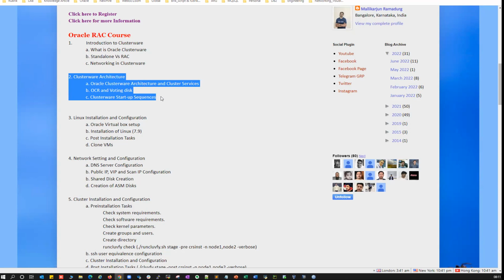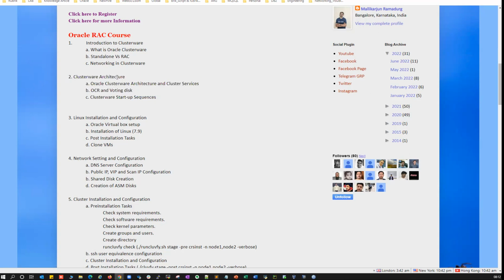Suppose, for example, you may get VIPs. What is a VIP? You may get a SCAN. What is SCAN? You may get a SCAN name. You may get a cluster name. All these keywords will be confusing, and then people will start ignoring them, and will not be able to understand the architecture. So we'll start with the RAC architecture, and try to understand it